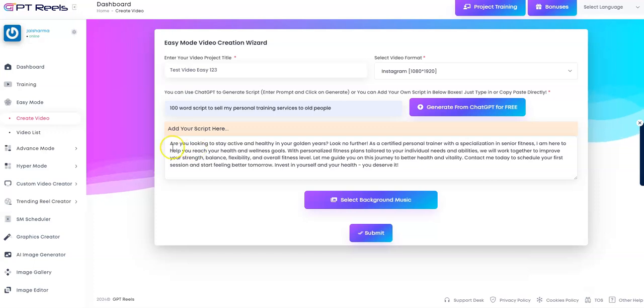And over here it says, are you looking to stay active and healthy in your golden years? Look no further. As a certified personal trainer with a specialization in senior fitness, I'm here to help you to reach your health and wellness goals, and blah blah blah blah. So if you are happy with this script, I'm happy with it. So I'm just gonna hit next on this particular section, which says I want to